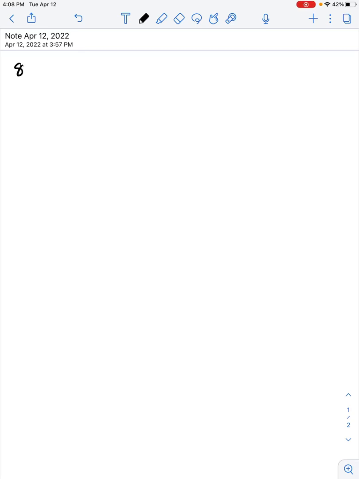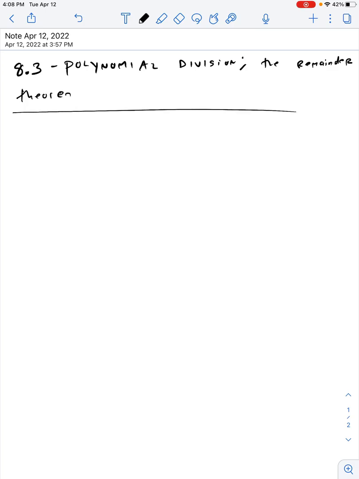Okay, we are looking at section 8.3, which is about polynomial division and the remainder theorem. So let's recall that a polynomial